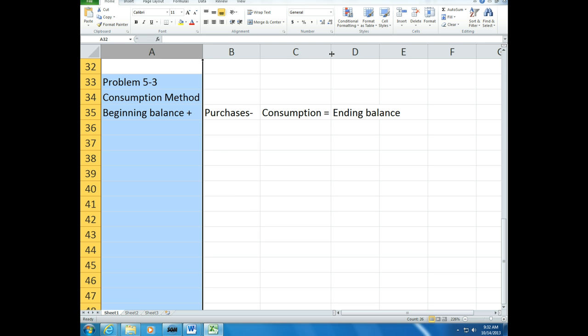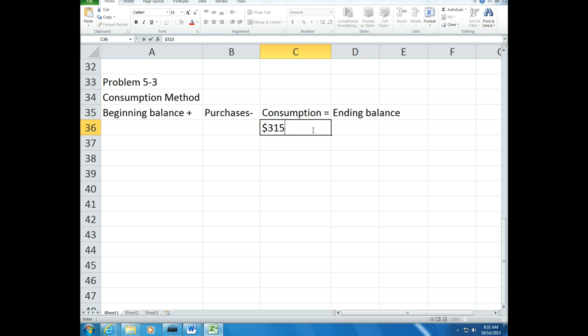So what do we know the different figures to be? Wouldn't your beginning balance be the 315,000? That's the expenditures. So we know we've consumed 315,000. The beginning balance was 54,000, because that's the balance in 2012 at the pre-closing. Plus